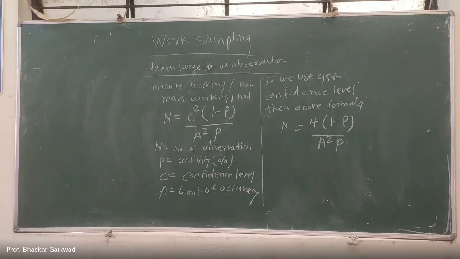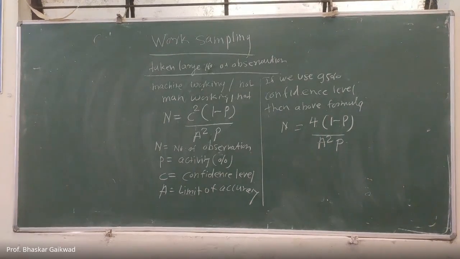Here, you have to remember that work sampling is the type of work measurement used for mass production, and we can justify for any machine or any man how many times that machine or man will remain idle and how many times in working condition, because idle time is the loss of that industry. If any man remains idle a number of times, then we will take a decision. If any machine remains idle a number of times, then we will take a decision. So for this purpose, we require work sampling.